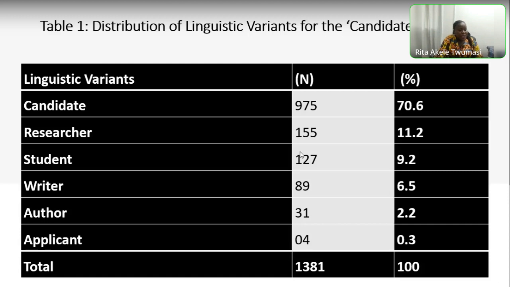The point is that either the choice of any of these names in the evaluation of the candidates was done deliberately because examiners were aware of what their meanings were, or the choices were made unconsciously, maybe for the sake of variety, to avoid monotony, or for individual preferences. It must be mentioned that not every use of student, candidate, writer, author or researcher in the study came with negative comments. Some came with positive comments, as shown in the extracts below. I'd like us to consider some examples.